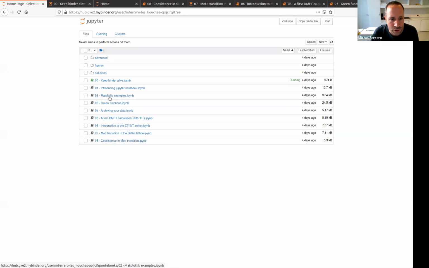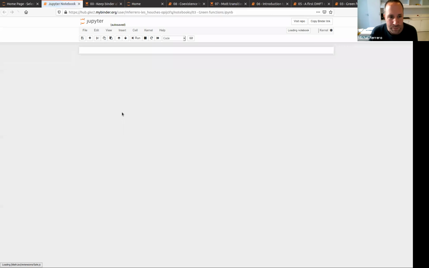The first two, number 1 and number 2, are very general notebooks introducing Jupyter notebooks and how to do plots. I suppose many of you know this already. So if you're familiar with Jupyter notebooks, just skip those and go directly to the ones related to the lecture, which start with number 3, green function, and so on. So if you go, for example, to green function,